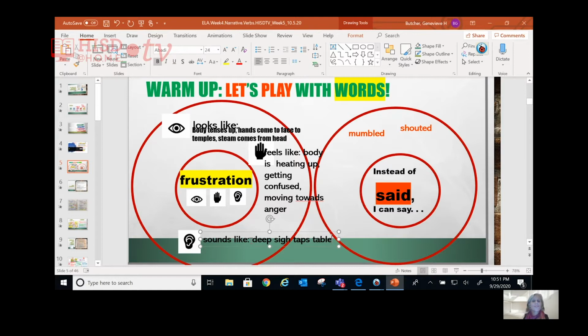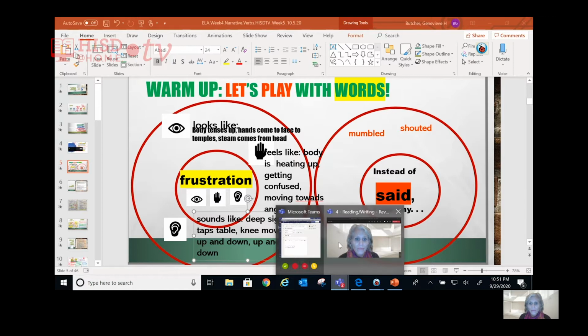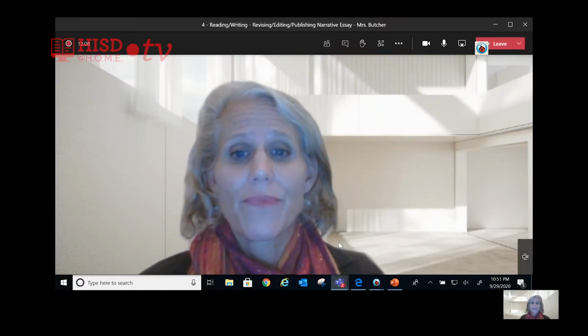What does a frustrated person's knee do? If you're frustrated, do you ever move your knee? Knee moves up and down, up and down, right? Jittery. Okay. So you've got these things. Now, what we're doing here is showing rather than telling. I'm going to just grab this and move it over here. Instead of saying that someone is frustrated, we can say, gosh,